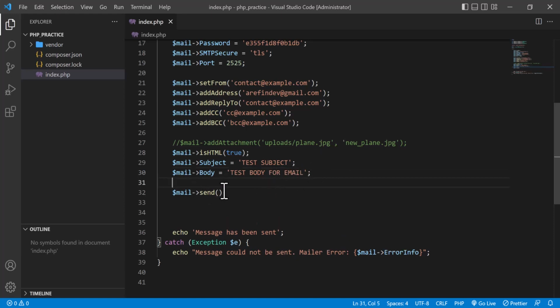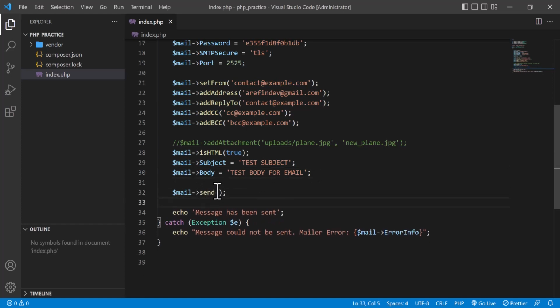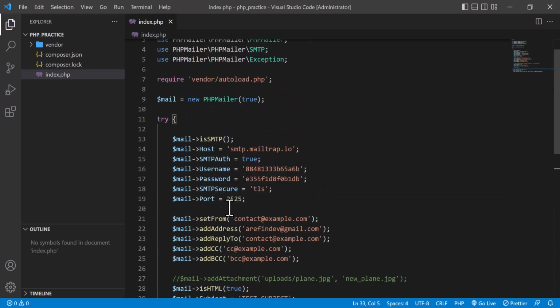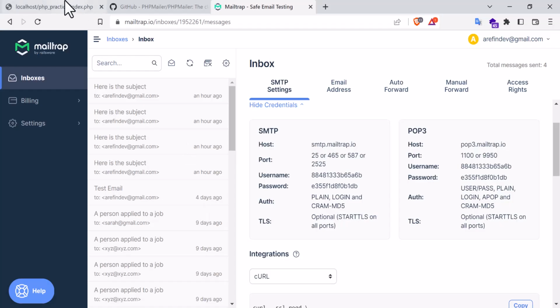So after everything is set up, you can easily send email using the mail send function, then the message will be sent. So let's try to check if it is working. If I go here in my project, I am going to press enter. So you may have to wait for some time depending on your internet, because it is going to send the email to Mailtrap